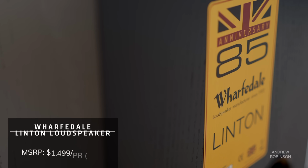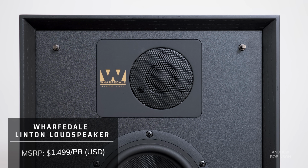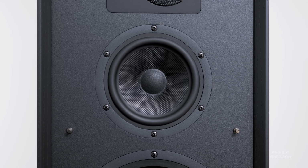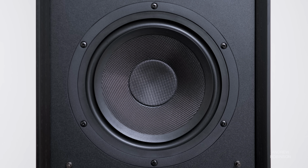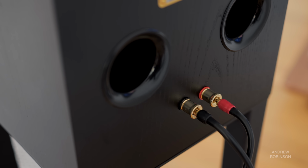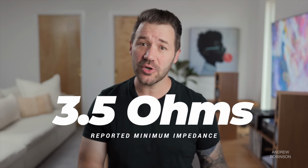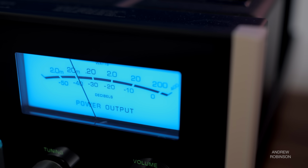For the 5 of you out there who haven't heard of the Lintons, here's what you need to know. The Linton is a 3-way bookshelf speaker that features a 1-inch soft dome tweeter, a 5-inch Kevlar mid-range, and an 8-inch Kevlar bass driver. Notice the drivers aren't yellow, Focal. The 3 drivers, along with its 2 rear-facing ports, give the speaker a reported frequency response of 40 Hz to 20 kHz with a sensitivity of 90 dB and an impedance of 6 ohms, though the Linton can dip to below 4 ohms,